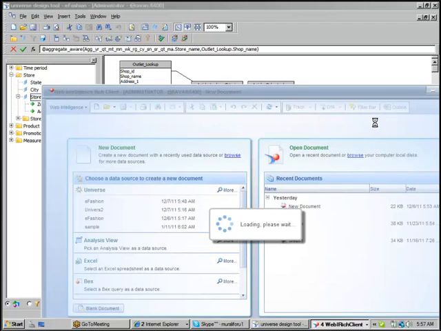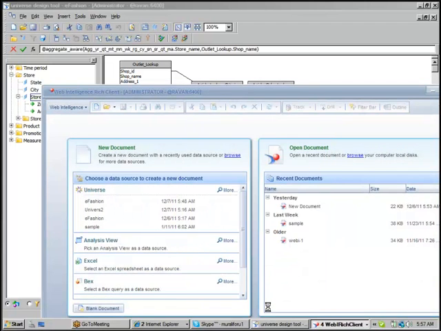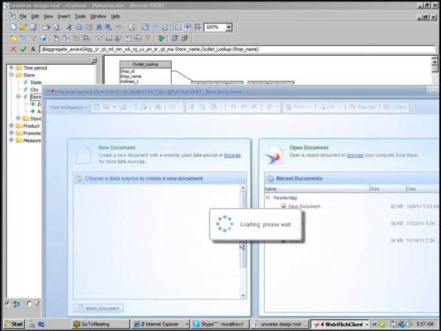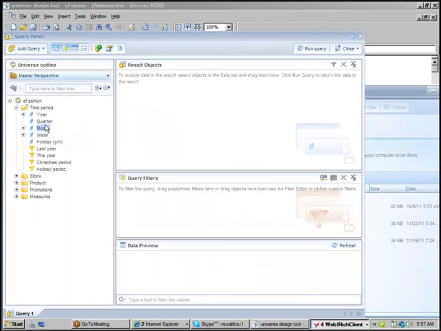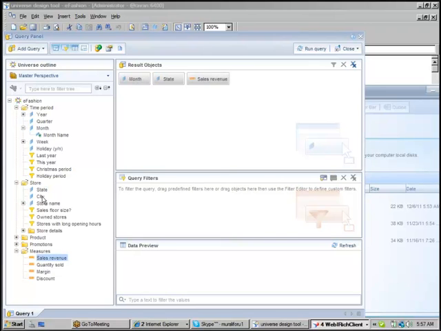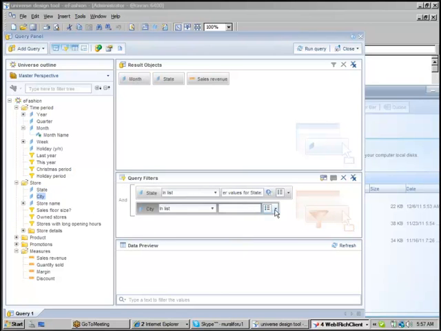If you want to create a new report, click on new document, universe, which is in the WebI Universes folder. Yes, I am selecting the WebI Universes folder universe, drag and drop month, state, sales revenue, prompt on state, prompt on city.